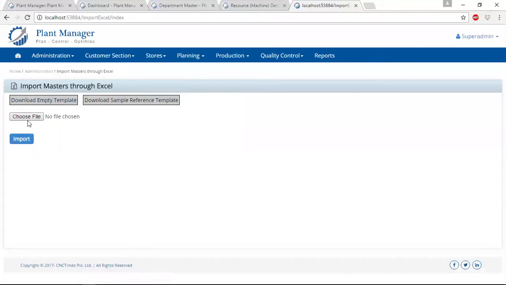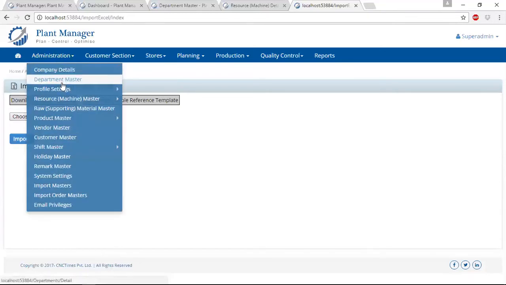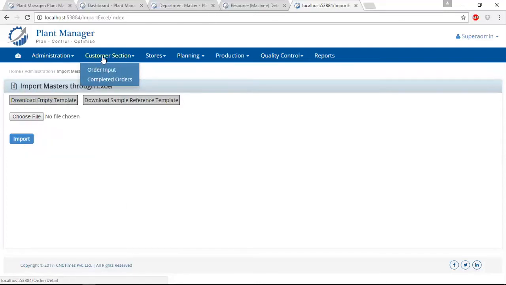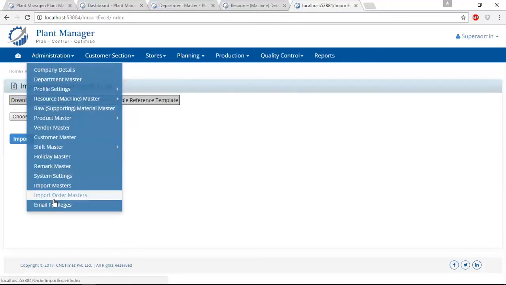We anticipate roughly about 24 to 48 hours for anybody after signing up to get up and running, unlike ERPs and SAPs where it could take months. So that was one of the goals, where we can actually change the ball game and really improve the efficiency and really see where software can actually help you. Once all these masters are done,